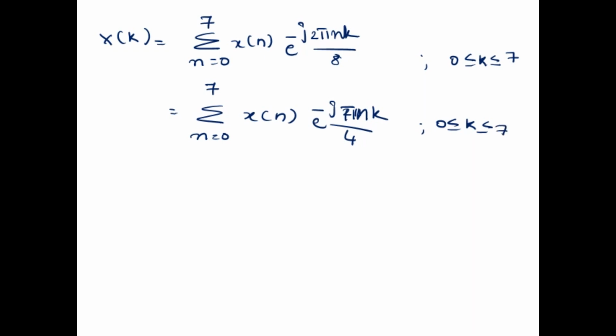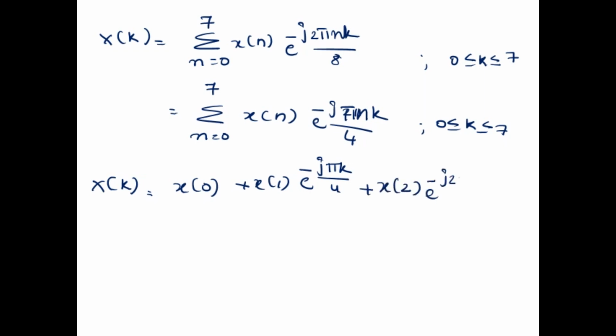Now we have to expand this equation. X of k, n varies from 0 to 7: x of 0 into e power 0, which is 1, plus x of 1 into e power minus j pi k by 4, plus x of 2 into e power minus j 2 pi k by 4, plus x of 3 into e power minus j 3 pi k by 4, plus